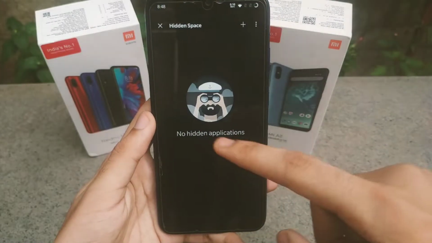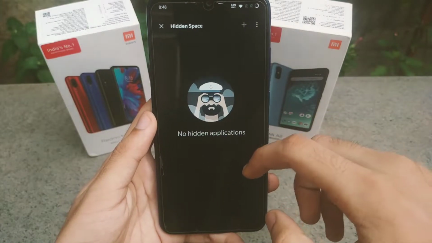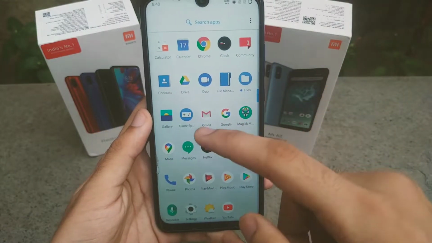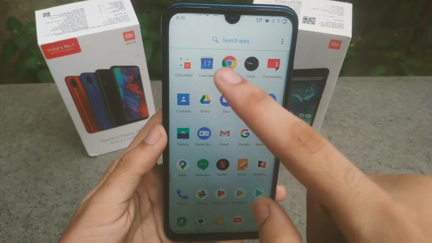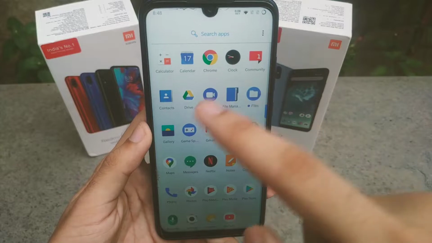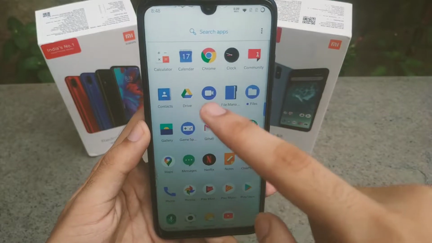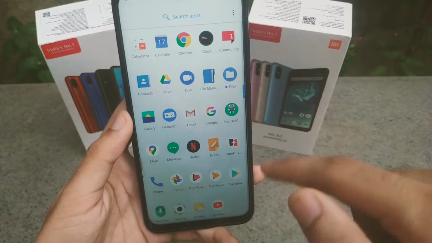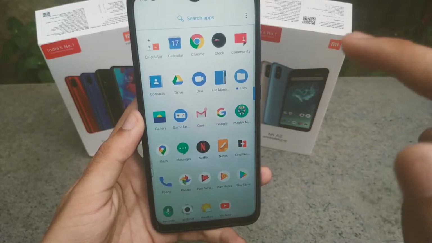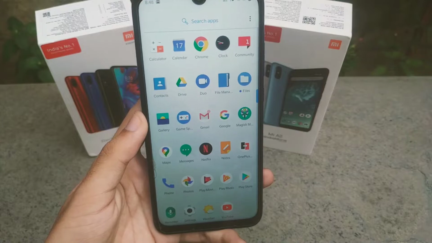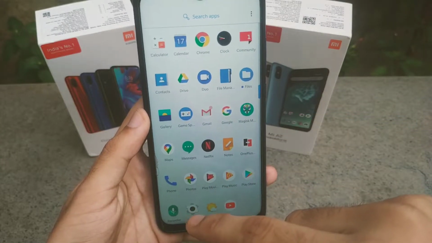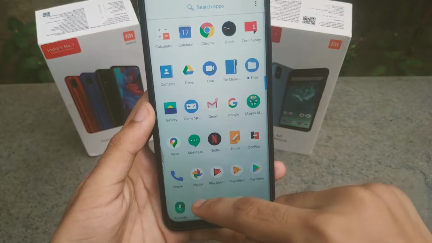So if you move to the left, you have the hidden space where you can hide your applications which you don't require or which you don't use much. And you can see the calculator is from OnePlus, the clock is from OnePlus. You also even have a community app, OnePlus community app, or the contacts app. So there are many other apps. All these apps are inbuilt apps. So there's an important thing to note that this ROM has been pre-rooted, so you need not root once again after flashing the ROM. So next, let us move on to the settings and find what are all present.